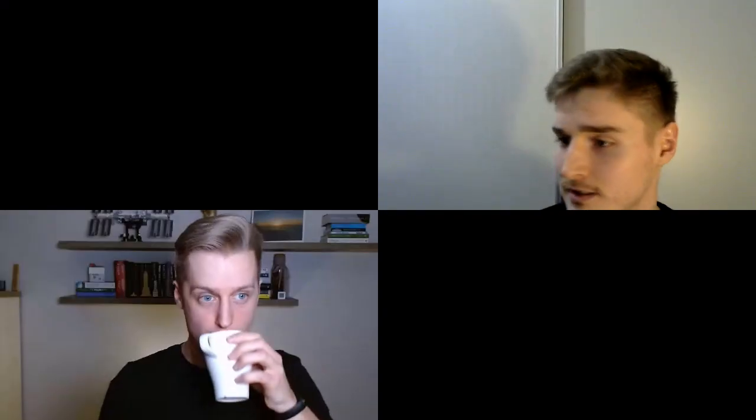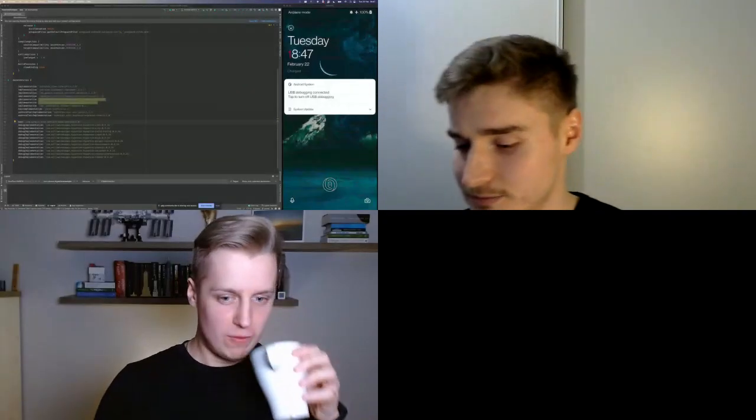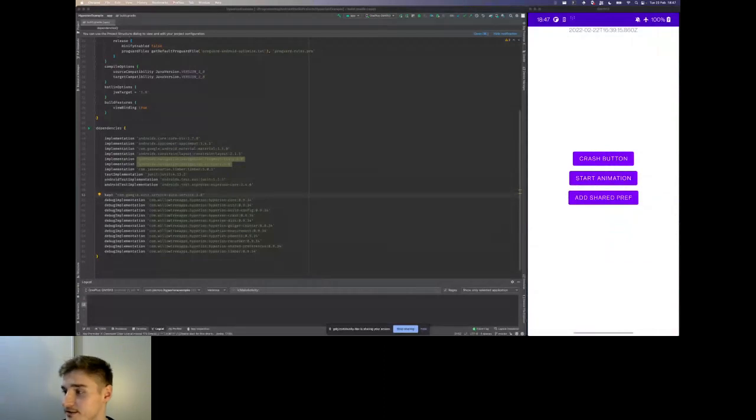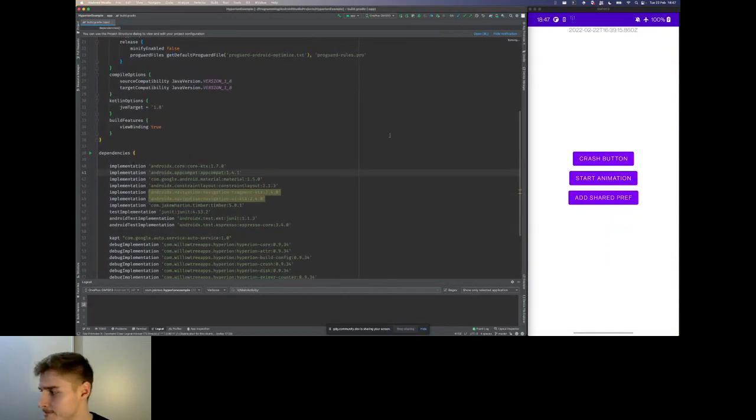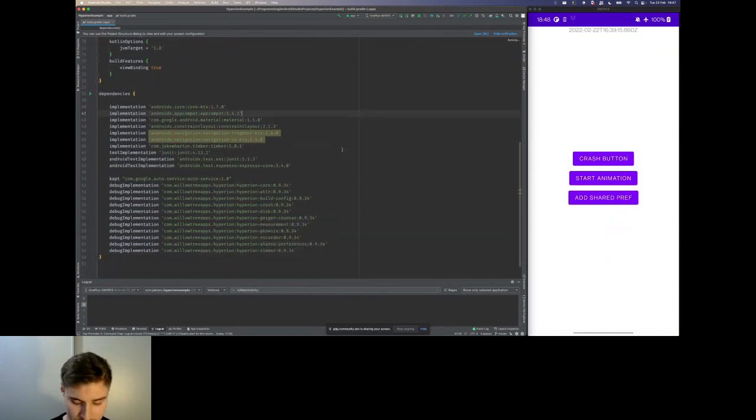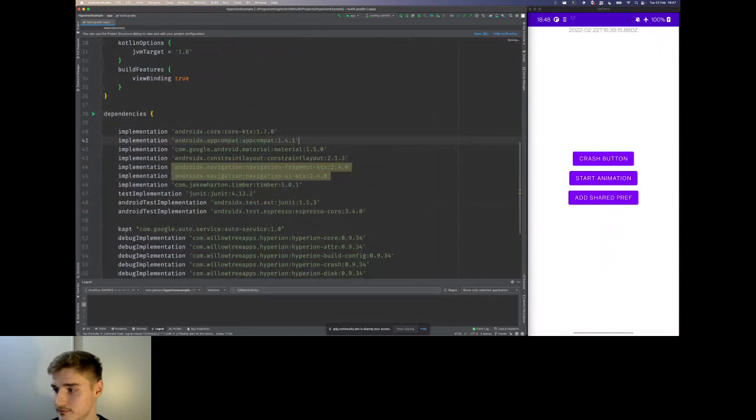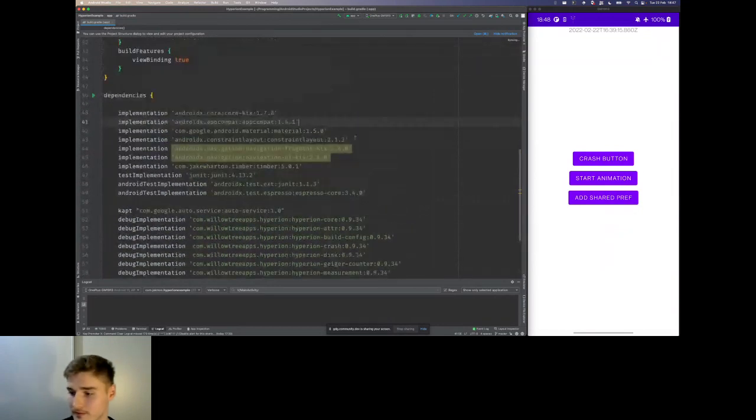So I will share the screen now. Let me know whether you can see both the application and Android Studio, and if the font is big enough. I can see it. Maybe make it a little bit bigger. Yeah, that should be great. I hope everyone else is also seeing it.